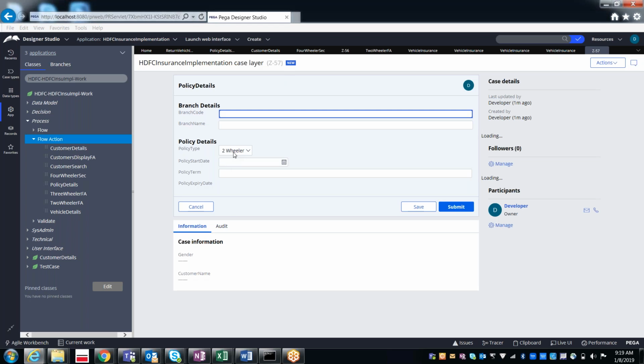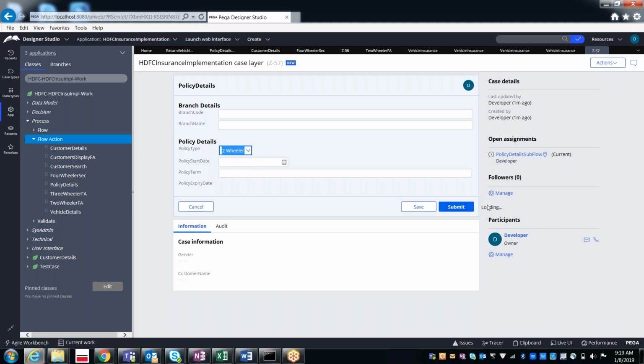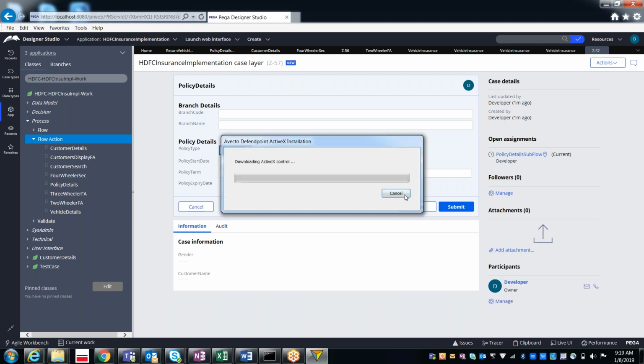Select two-wheeler, three-wheeler, or four-wheeler and see what exactly you will be seeing. Three-wheeler, and then select the submit button.